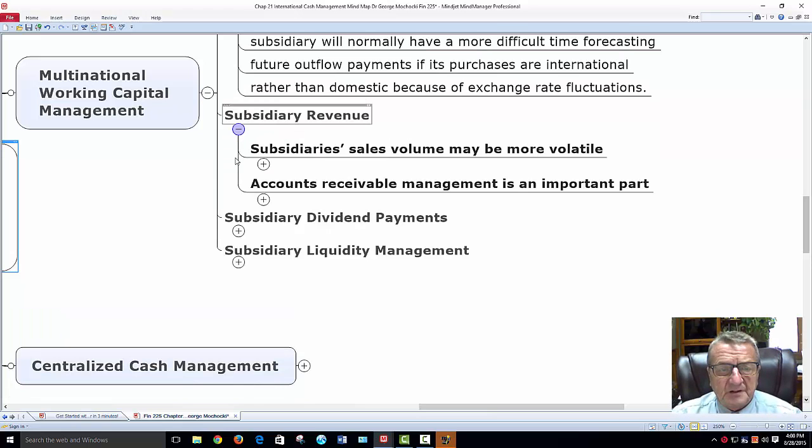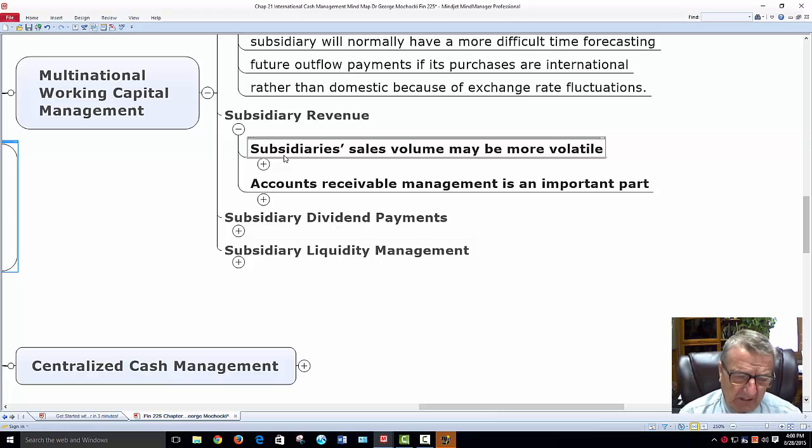The next one is the subsidiary revenue. Subsidiary sales value may be more volatile. And that's risky, for lack of better words, because I can't control it right now, because of what's going on with China. It's slowing down, and now Iran, if everything goes well in their favor, some of the embargo or sanctions are going to be lifted, so they're going to get cash flow coming in. And that means they're going to be selling more oil. So the market, people are asking, how much are oil prices now? I think a barrel is 40, used to be 110, 120, going up.